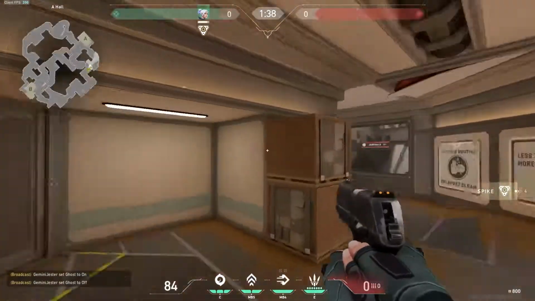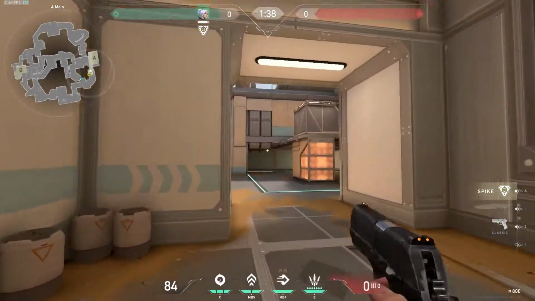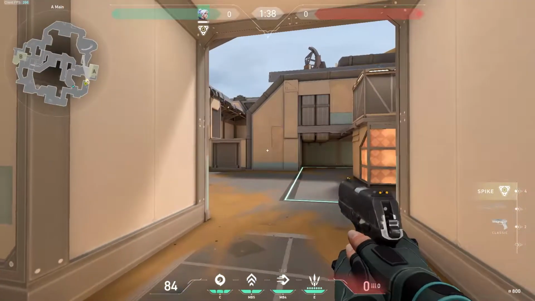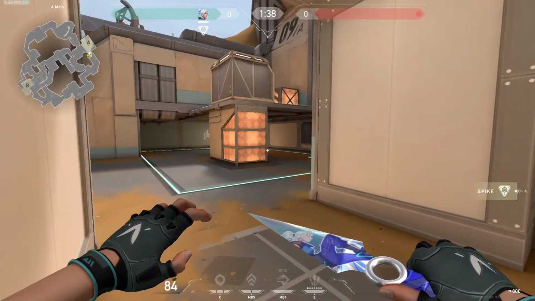So as an attacker, you want to have one person posted up on these doors watching there, and you want to have somebody, most likely your jet, watching in here from the main area. You're going to want to have a setup on main here, and most likely have a jet